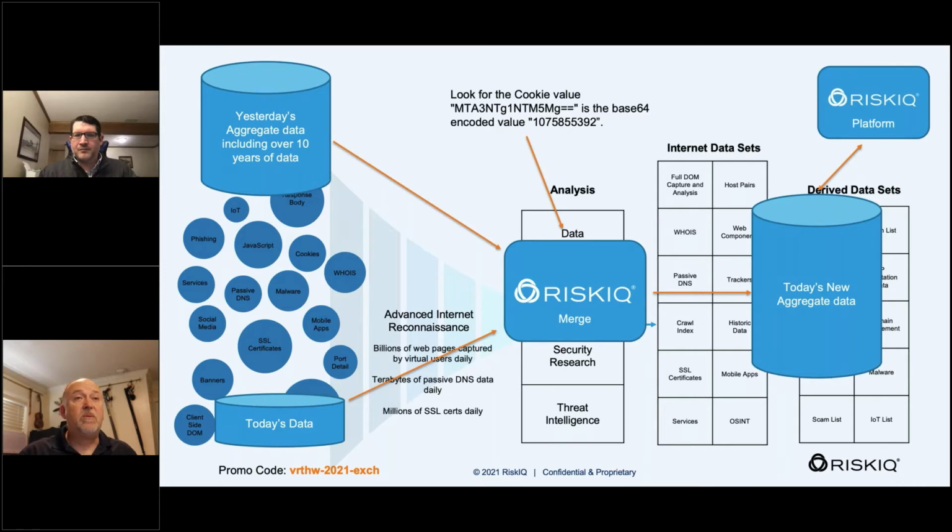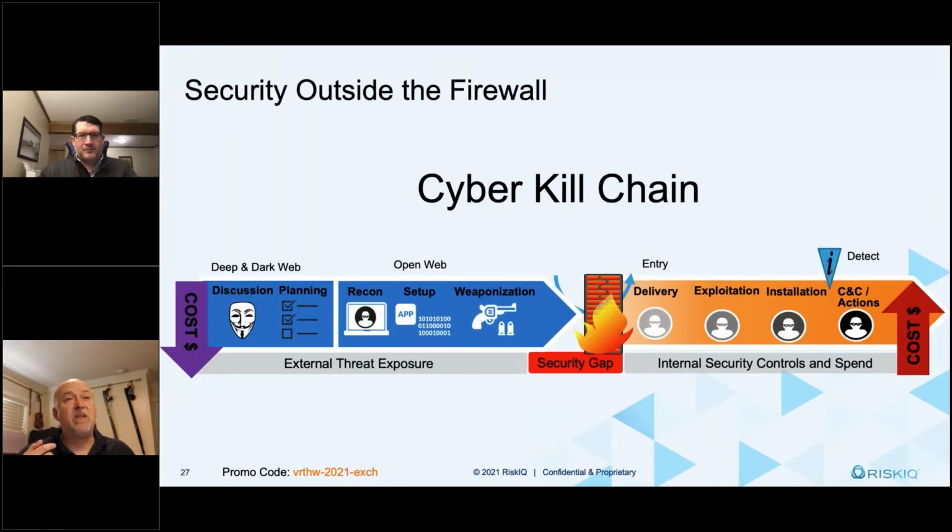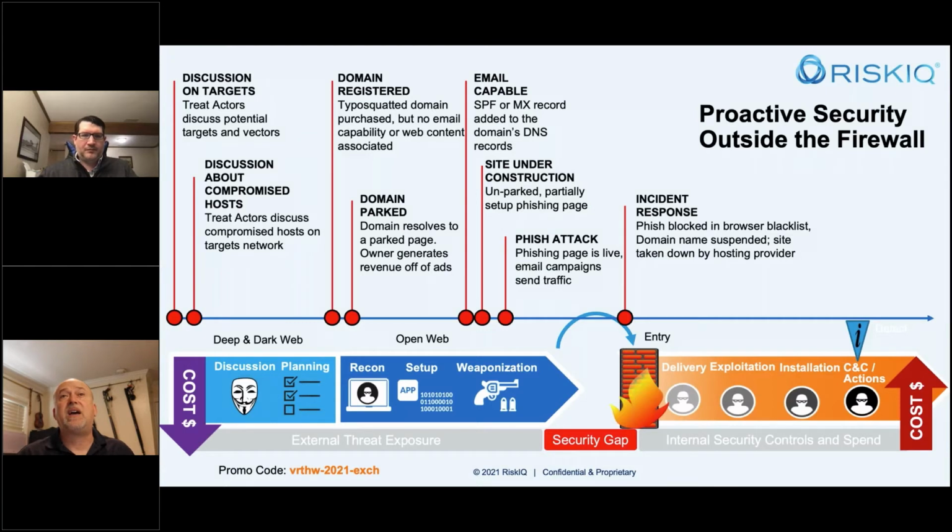Okay. So all this is doing is making it that, with the cyber kill chain, you're being able to find things earlier and earlier in the cyber kill chain. So if somebody is setting up their infrastructure, they're building it, we see all that stuff about 1 to 4 days before it's active. So if you look at the typical time of what could happen, there might be discussions saying, hey, I want to attack this company. Do you have any machines that are already vulnerable or that you have remote access into in these organizations? So we can see that in the deep and dark web.